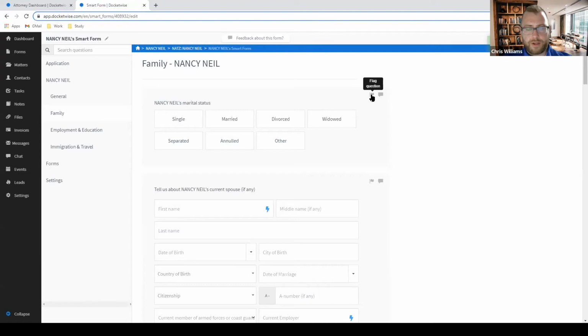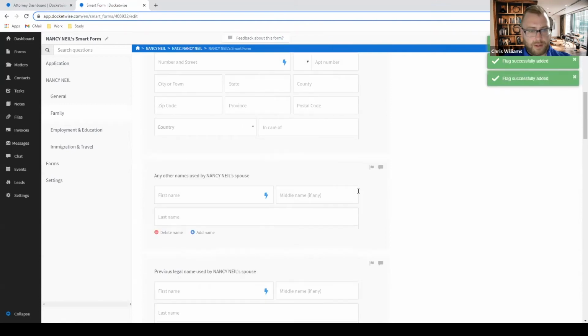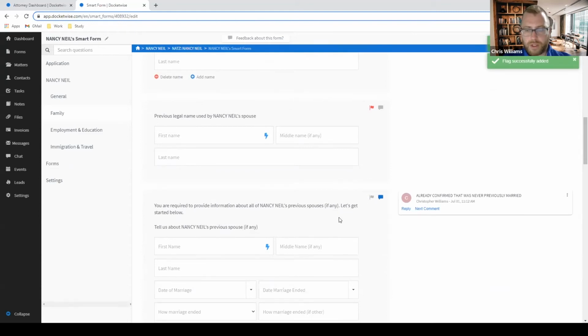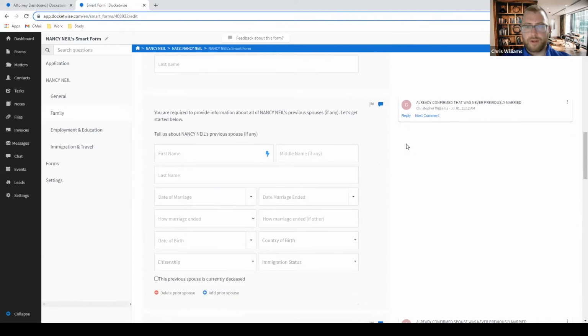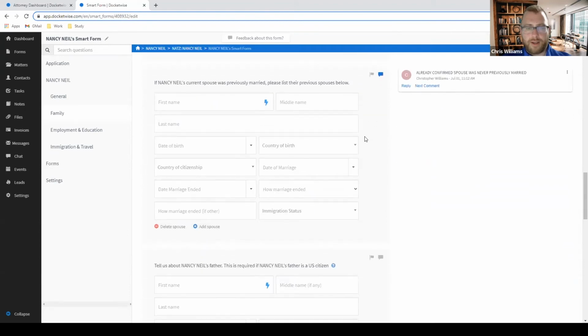So we'll just go through, we need this information as well as any other information on this tab specifically. They already confirmed that they were never previously married, so we don't need to flag this question for them. We're just going to do the same thing we did before, where we only show the flagged questions in order for the client to focus their attention on those and fill out those. So we're just not going to flag this question because it was already confirmed by the client that they were never previously married before their current marriage,